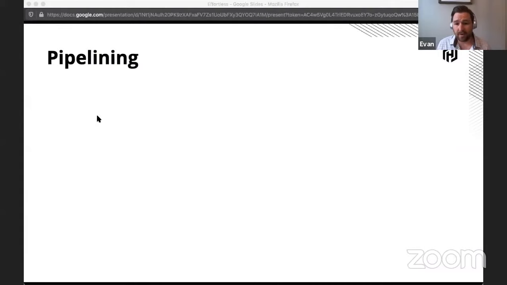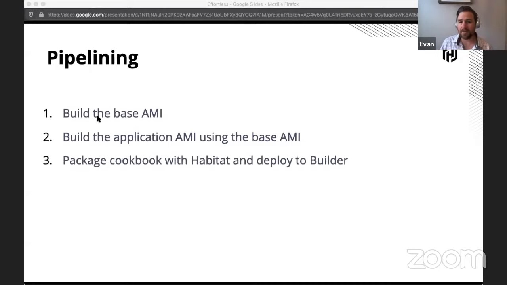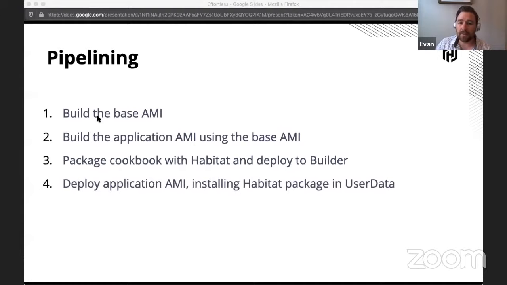So how does this all work in a pipeline scenario? Let's say you go ahead and build your base AMI, right? After that, you take that AMI and build an application AMI, okay? Then you go ahead and package up your Habitat cookbook. Granted, you could probably do this in parallel if you wanted to, and deploy that to your builder service. Then you're going to deploy your application, installing that package in the user data.